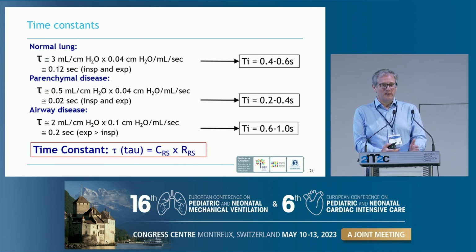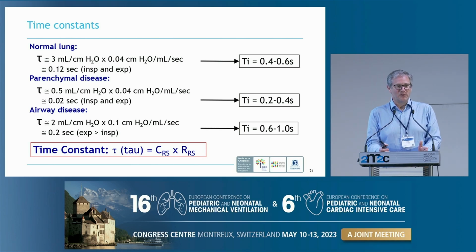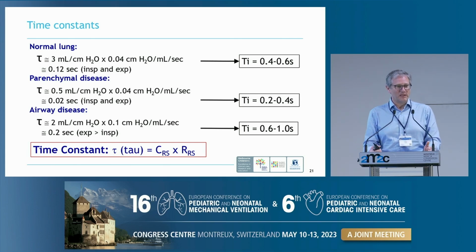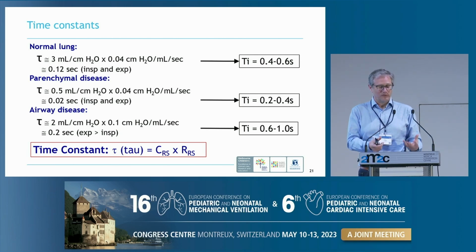You can also see that we're now starting to move towards a lung protective approach. We've got more time to get more breaths in a minute. We're using short I times so we can get more inflations in, which means we can use a faster rate. And if we can use a faster rate, we can get CO2 clearance with a lower tidal volume. So you can see the evolution of the fast rate, low tidal volume, adequate PEEP for recruitment strategy starts to come together physiologically in these very preterm babies as well. And it is indeed physiological and allows us to do that.